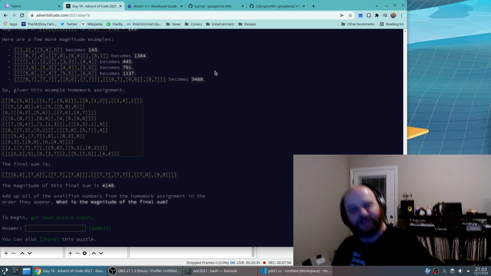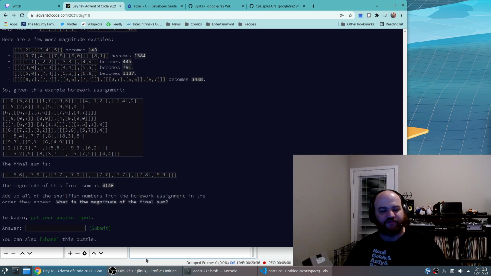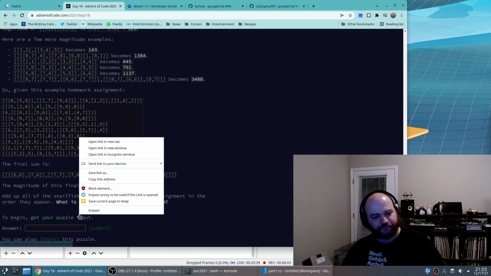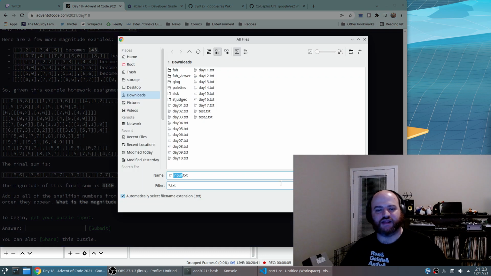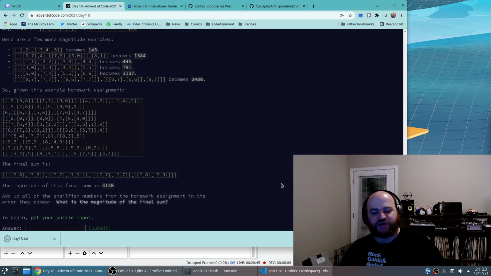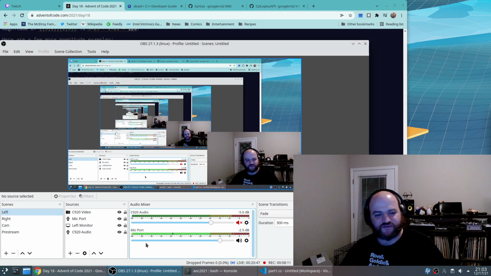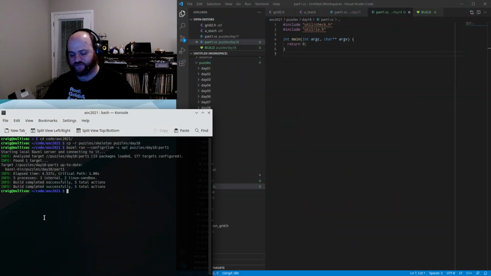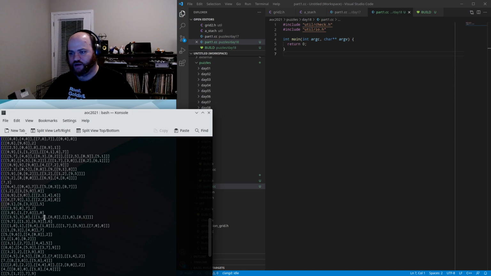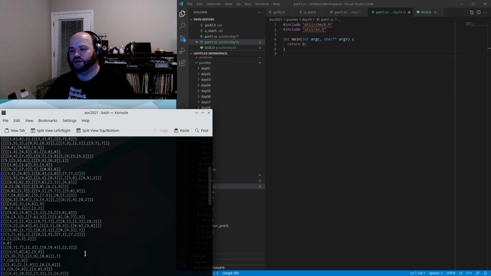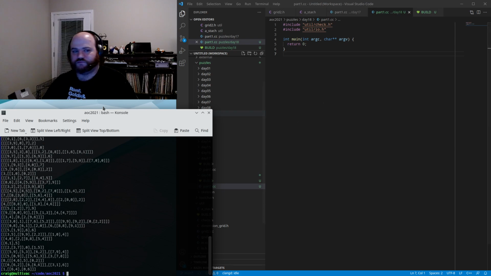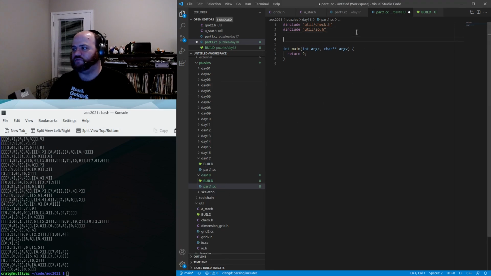Okay, this is similar. This reminds me a bit of the binary parsing puzzle in that it seems like it is a structure that can be recursive and some very specific instructions that we have to follow. So let's look at what our input looks like. Okay, bunch of numbers. So let's start by